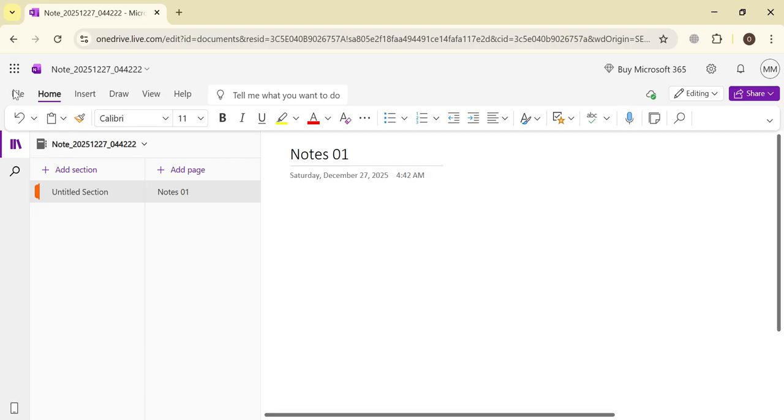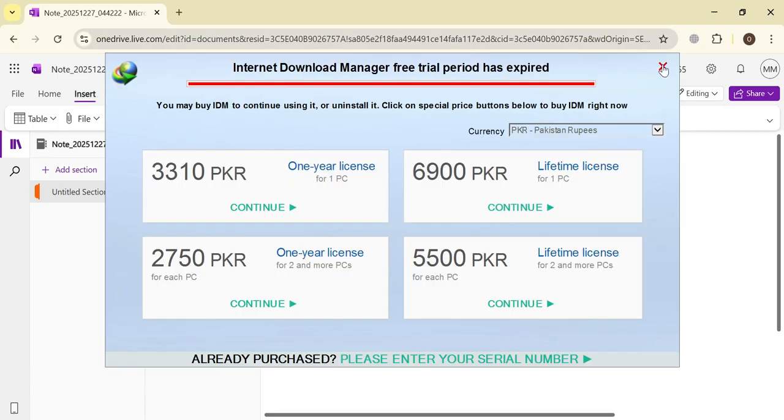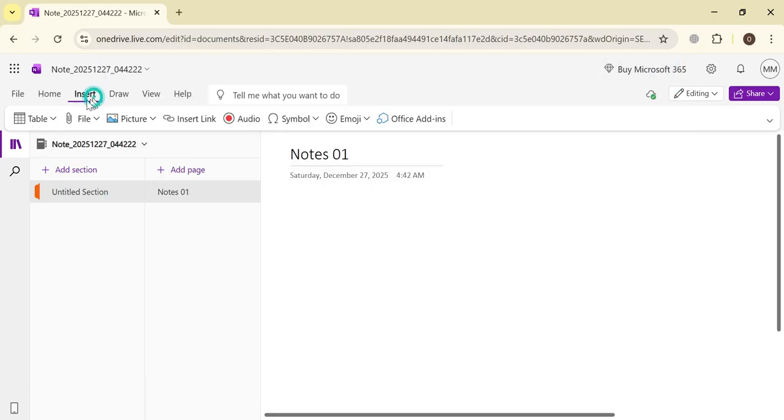Okay, so the next step is how you can insert your PDF files or images. So just click on this insert option and you can see there is an option for the table, for the file, for the pictures, and also for the insert link. You can add your data with the help of this setting, like you can add your files. Okay, you just click on the insert file or insert file printout or insert file attachment, and you can also